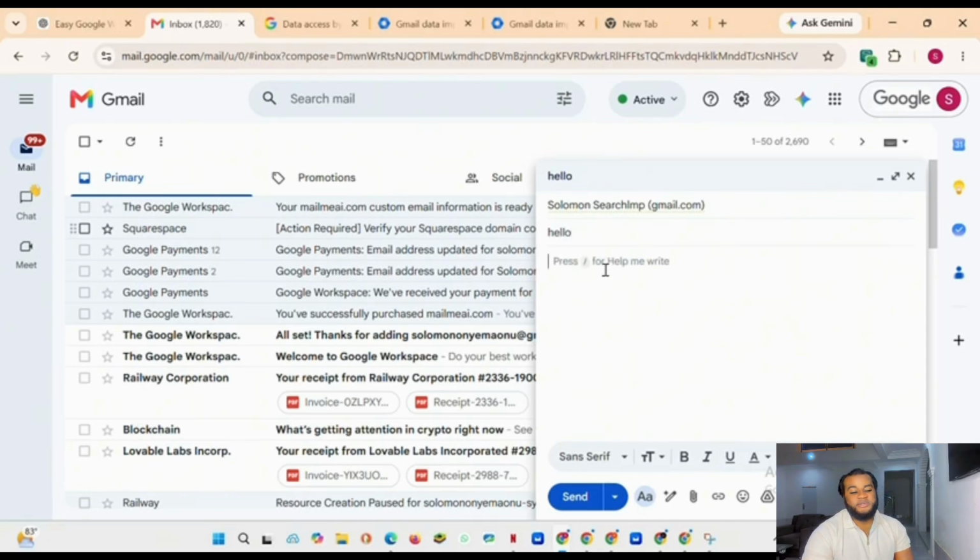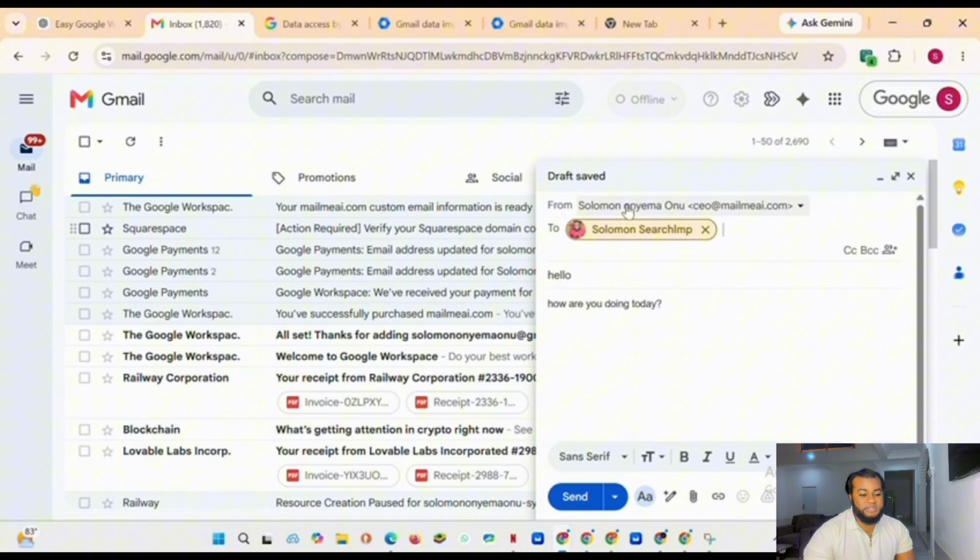Okay, so you can see I'm typing my message. Because we did not create the account from scratch, the two accounts match. Your old Gmail account is still active on the same account, and you can flip which domain to use to send the message. I'll show you that. You can see this here. You can see this domain is sending the message right now. And if I click send,